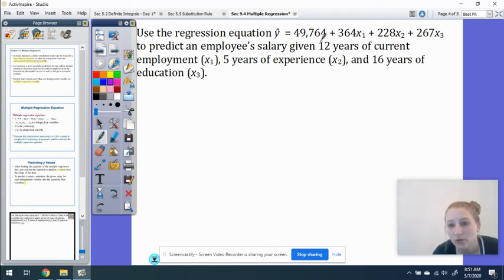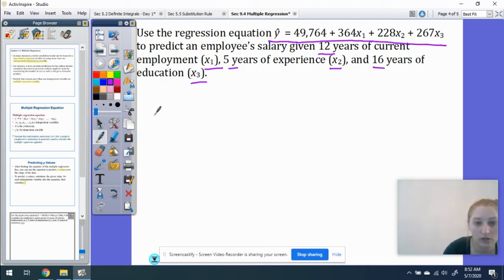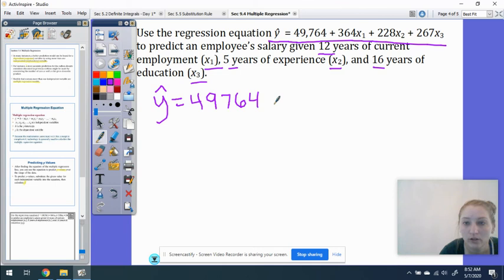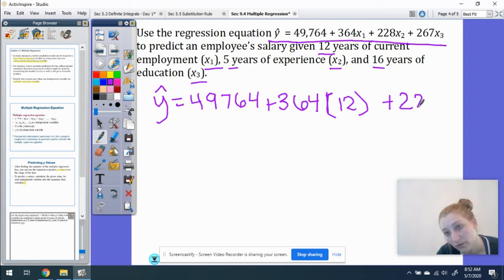Okay, so here's my regression equation. They're telling me we want to predict a salary given they have 12 years of employment at X1, 5 years X2, and 16 years in education X3. So we're going to say y hat equals 49,764 plus 364 times 12 plus 228 times 5